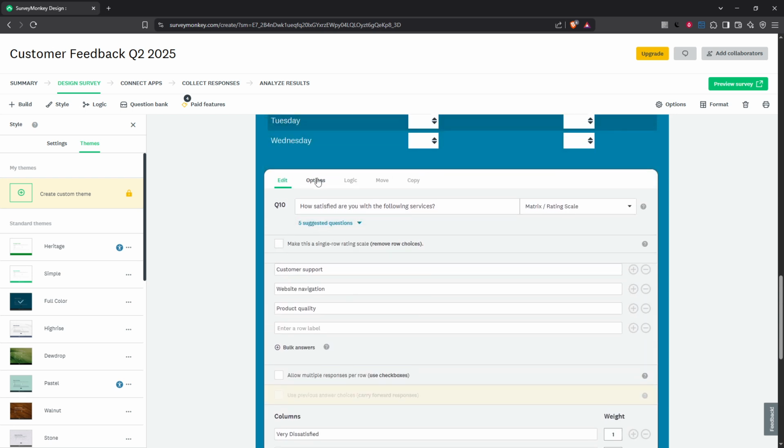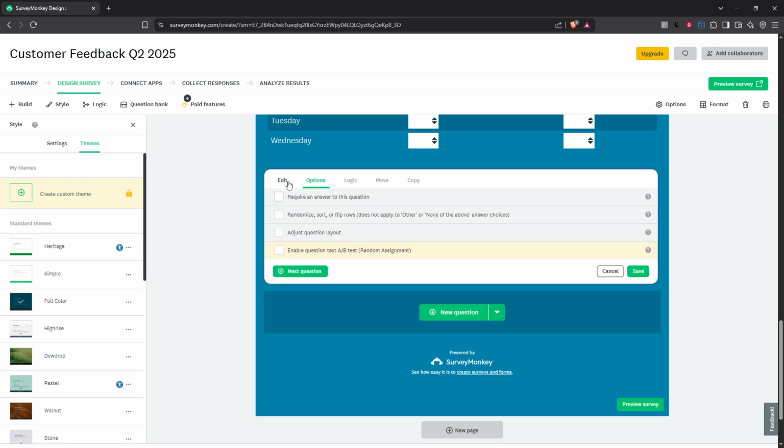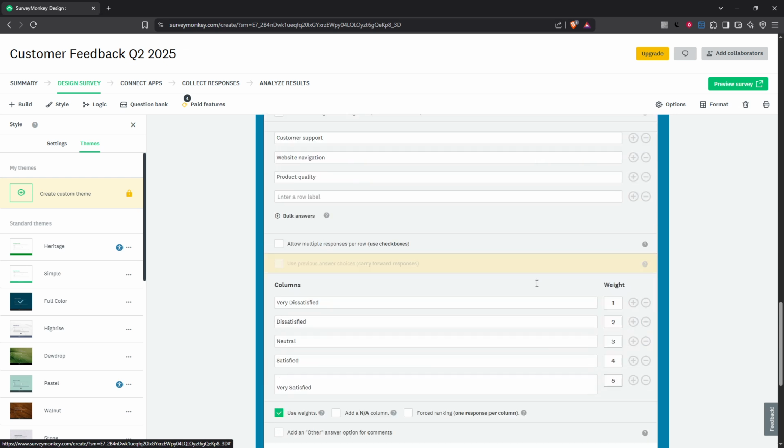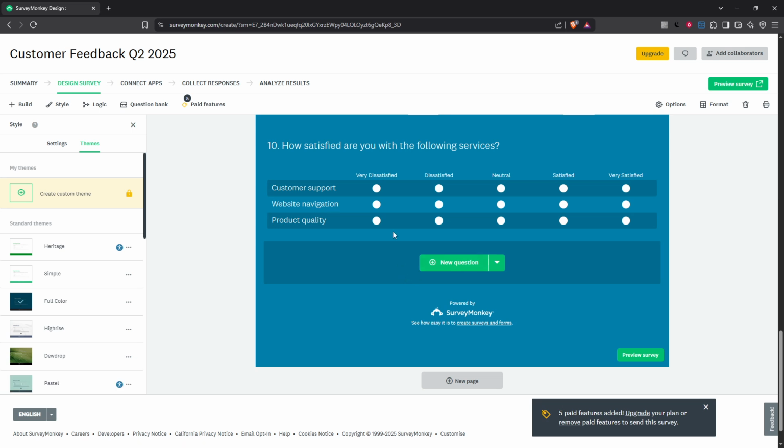Finally, don't forget to save your changes by clicking on Save. This will implement the matrix question into your survey, ready for your respondents to complete. And there you have it, a step-by-step guide to creating a matrix or rating scale question on